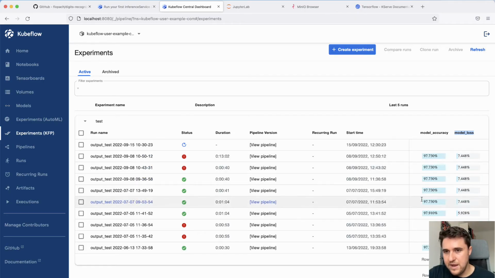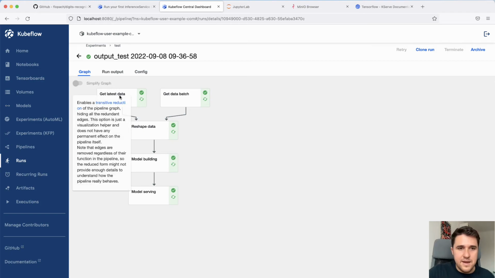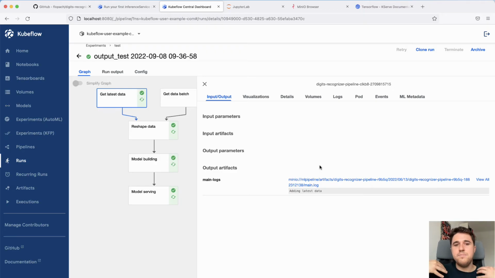You can see here in the specific parameters there. You can see the start time, the end time, and then more importantly, let me go to a really nice pipeline there, which worked. You can see here how the pipeline looks, and then as well click on the graphs and see basically the input, output, and all the information on the specific